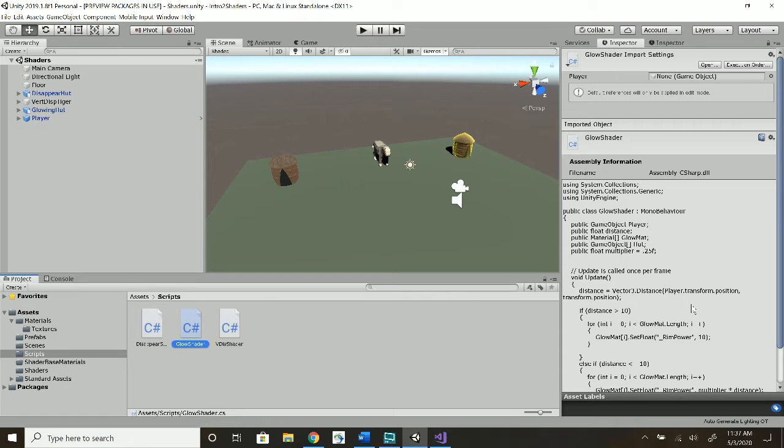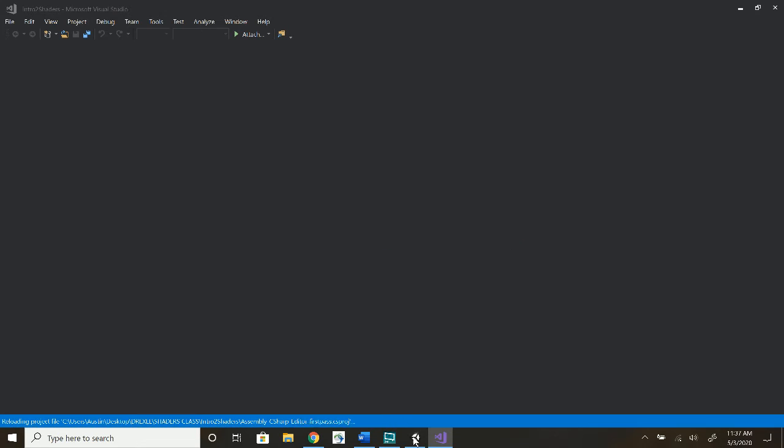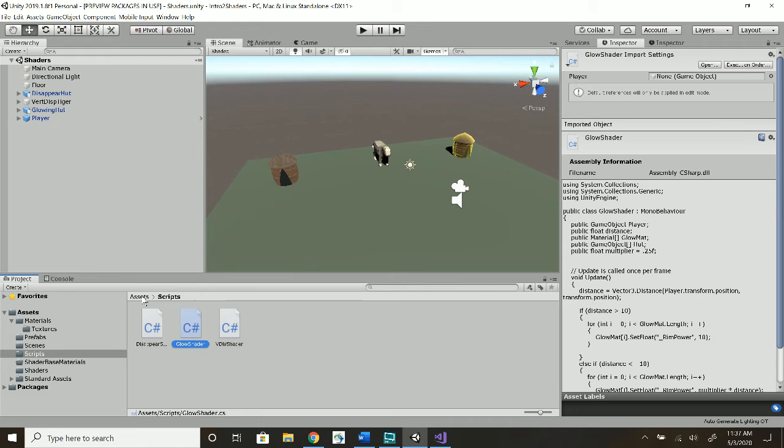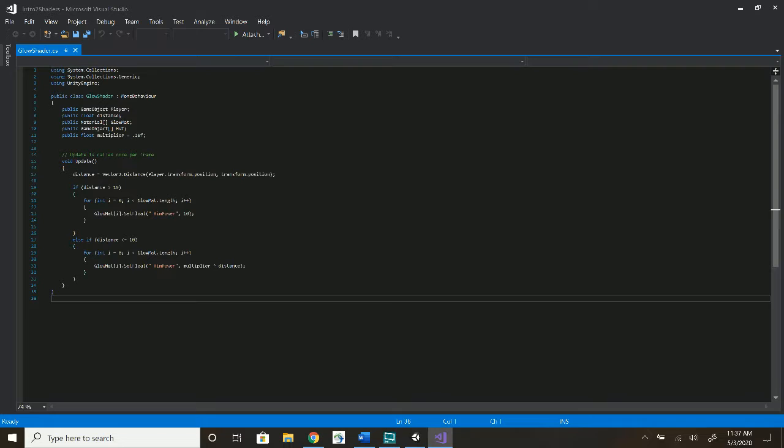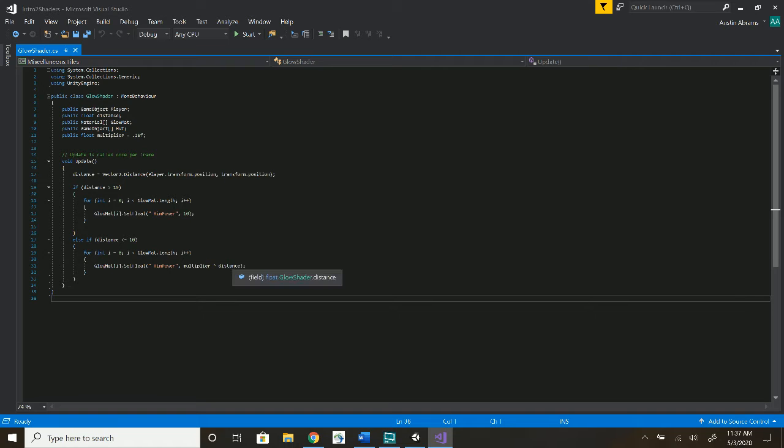If it ever loads. Oh, there it is. There we go. Okay, so basically it found the player and got its distance, and then I had the different materials, and then I put a multiplier just because I can change how much of the glow I want based on my distance. Right now it's at a quarter of what my distance is from the object. So pretty much all this is doing is finding my distance when I'm within 10 feet or 10 Unity units